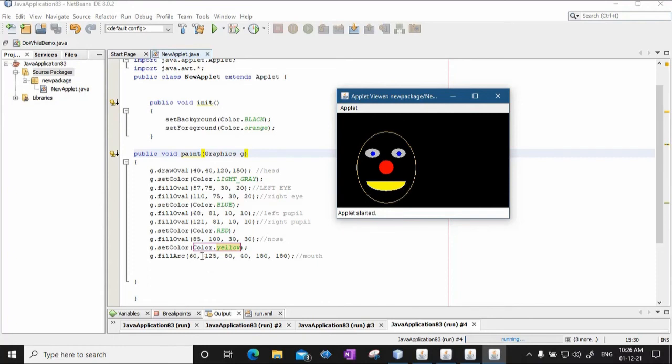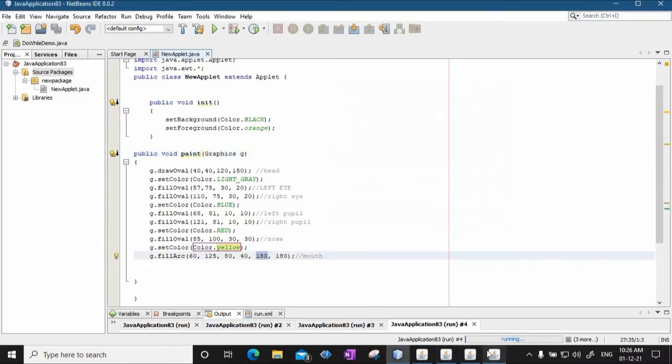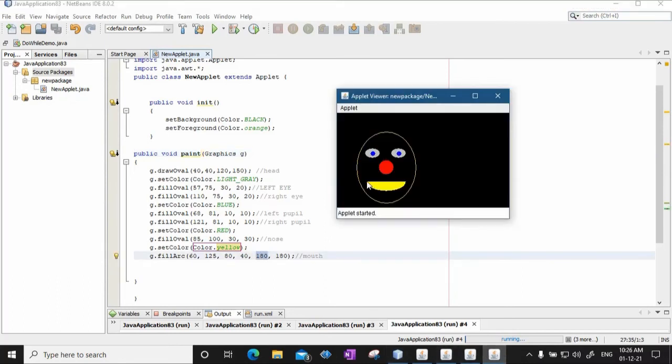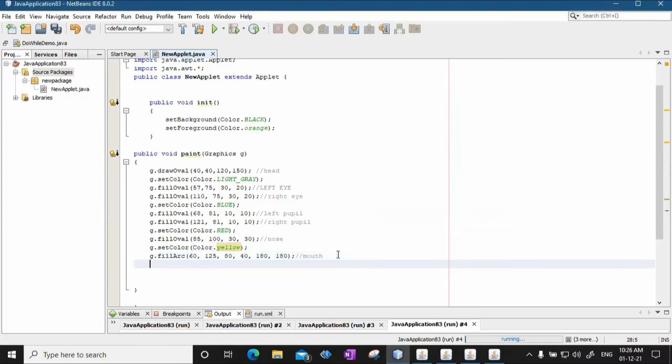Now you can see that 60, 125 will be the starting point somewhere here, and you have the oval. Now, as you know, this is 0 degree, this is 90 degree. Now this is 180 degrees, so we have specified the start angle as 180. Okay, and that's why it has started from here. And the sweep angle is again 180. So from this point, it will take 90 plus 90, 180. So the arc that will be considered will be from here to here. Fill will just fill it with yellow color. So this is your mouth of the